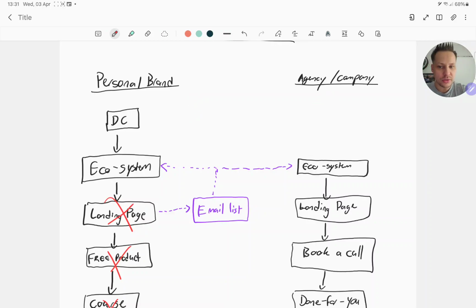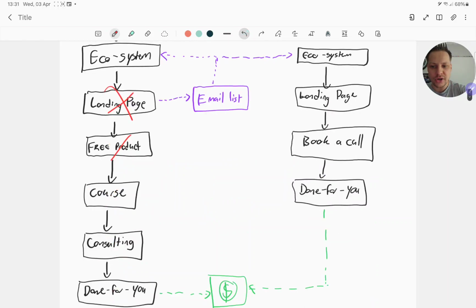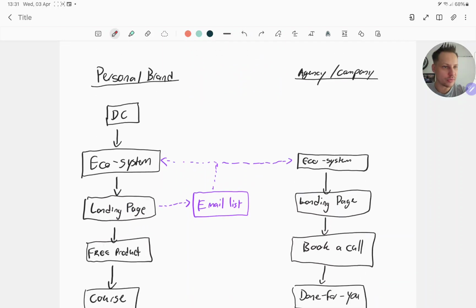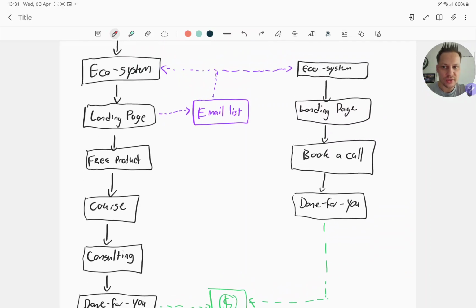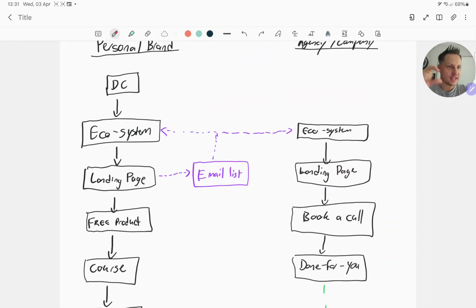So you can follow either model. I definitely recommend that you follow the model on the screen at the moment, right? You build your personal brand, you send your daily content to your ecosystem and a landing page, then do the free product, maybe a course, consulting, and a done for you service, or just send them through to a community, right? So when just focusing on the community side of it, with your personal brand, forget about the company and stuff. You can eventually transition to merchandise and so on and so forth if you do want to build a brand that's separate to yourself.